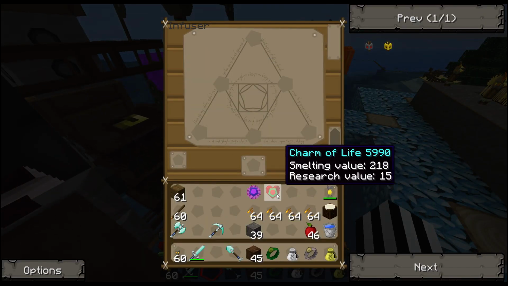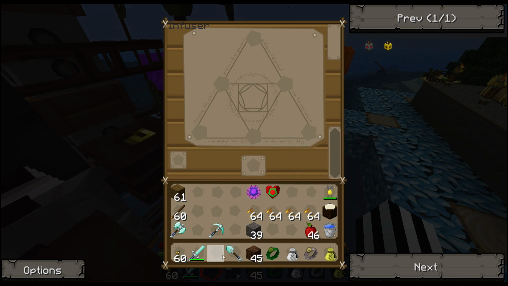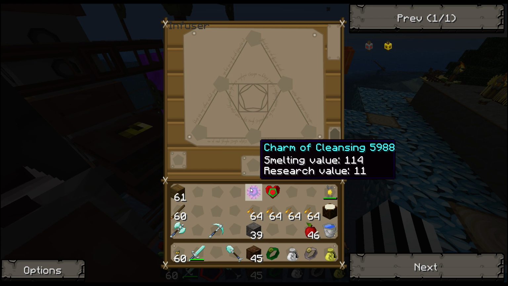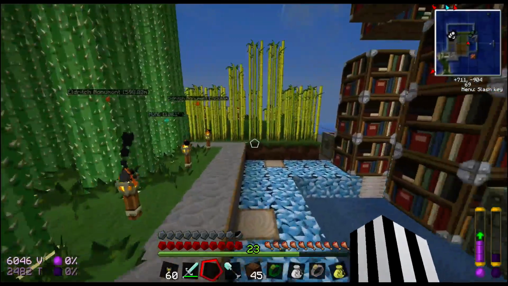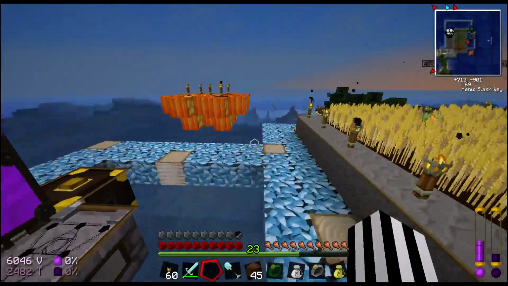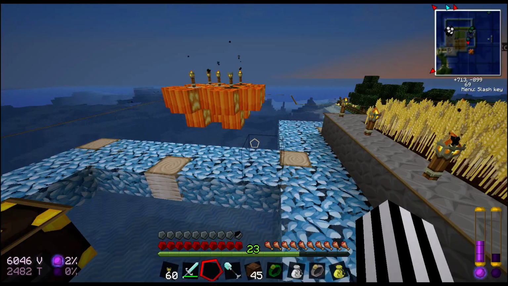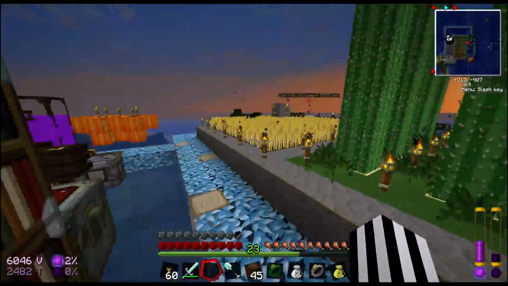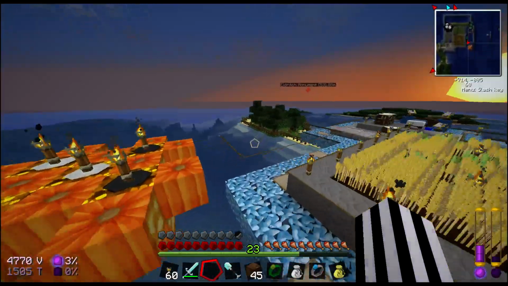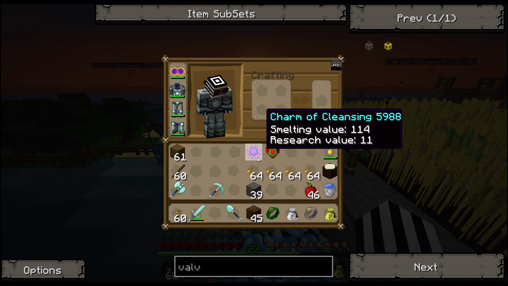Alright, so now the question is, will these work in my inventory, or will they have to be in my hotbar for them to take effect? So Charm of Cleansing was the one that if I got poisoned or started on fire, it would douse my fire or stop my poison. Charm of Life would heal me. So maybe I need to get my hunger bar low enough so that Charm of Life can be tested. But Charm of Cleansing...